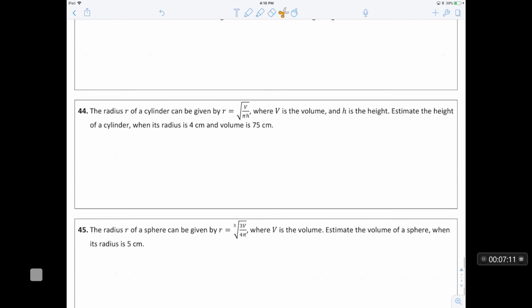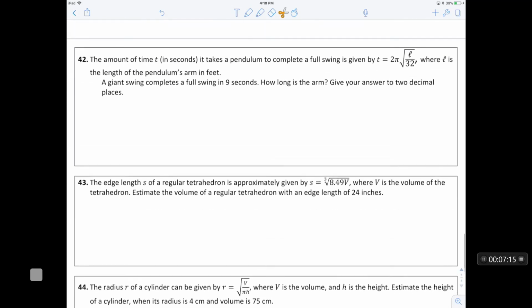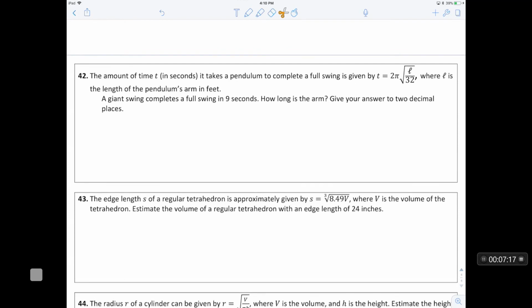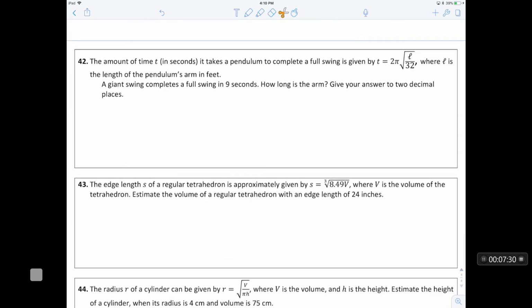42, 3, 4, and 5. Okay, let me pick one of these, maybe two of them. What you need to do is solve for a variable, or I might recommend solving for a variable and then plugging in the value to figure out the unknown. Okay, so if I was to do, for example, 42,